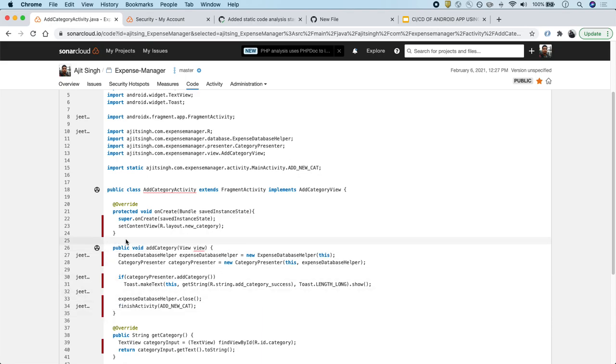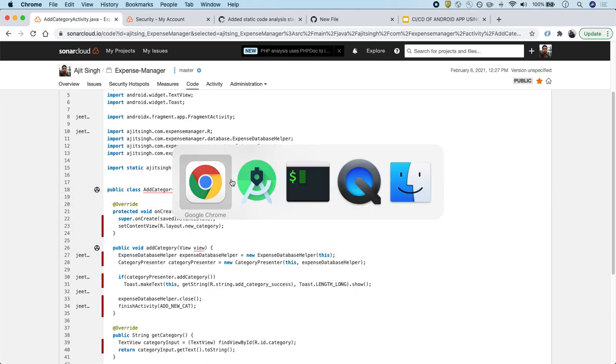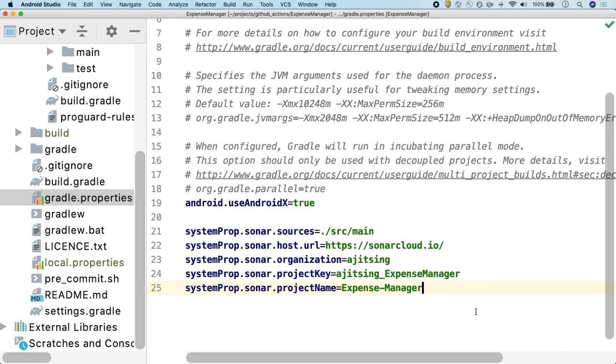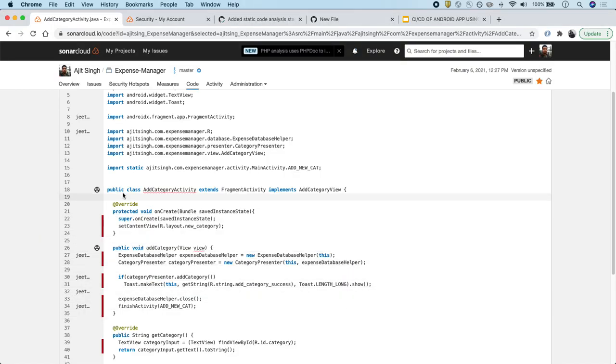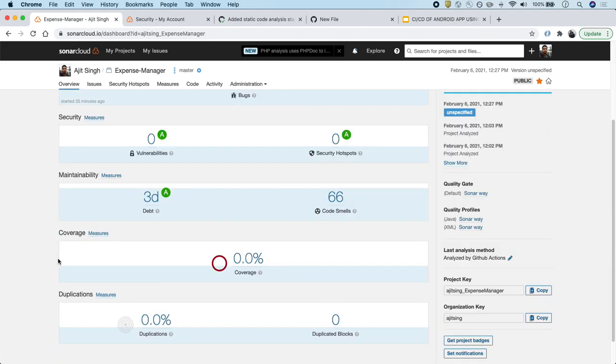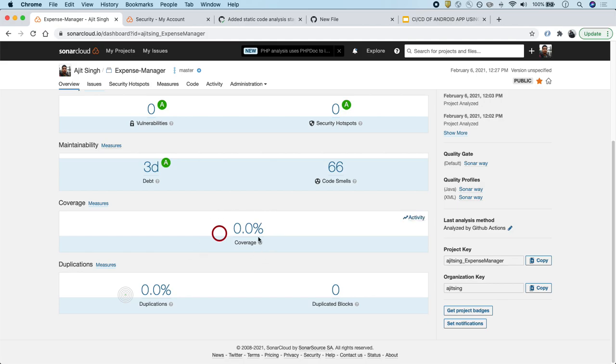And to build the coverage, you need to use the Jacoco plugin, and that will create a coverage report, and we can add that coverage report in our gradle.properties to specify the path of the coverage report, and then SonarQube will start taking that into consideration and will start showing the green lines whichever line is covered with the unit test cases. Okay, so this is primarily it, and the reason why you see coverage as 0.0 is because we have not pushed the coverage.